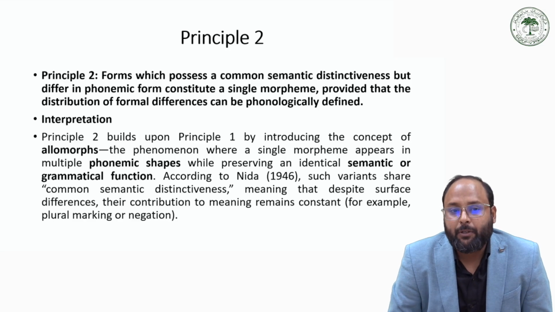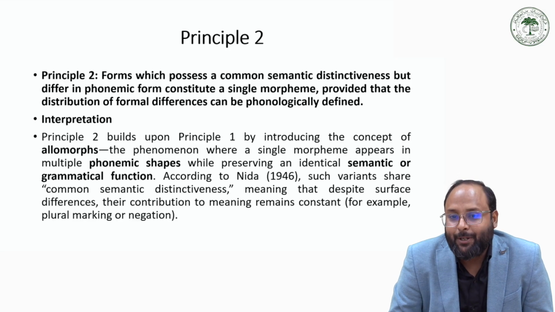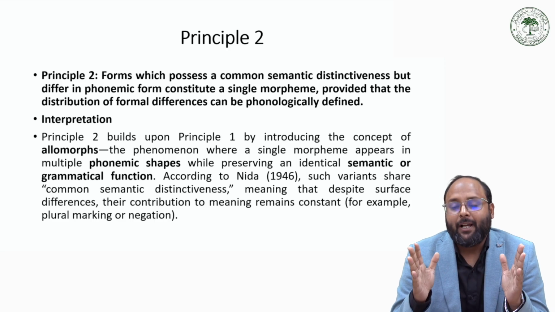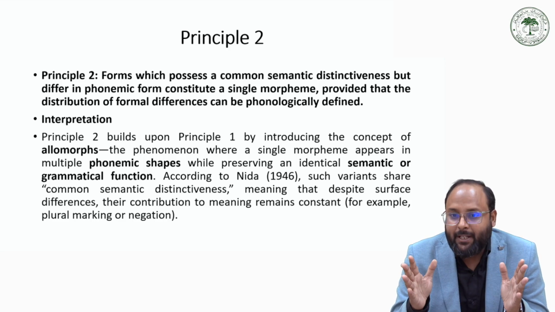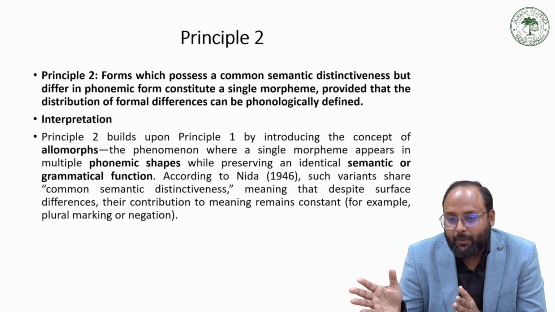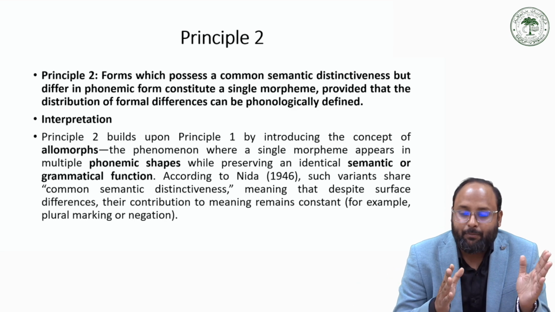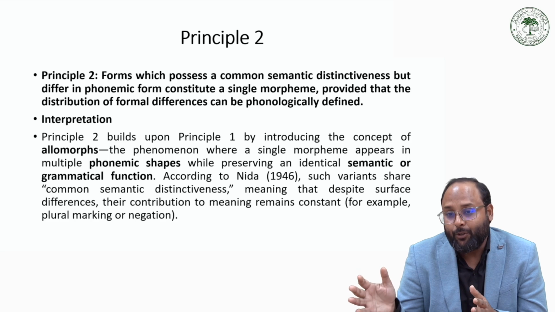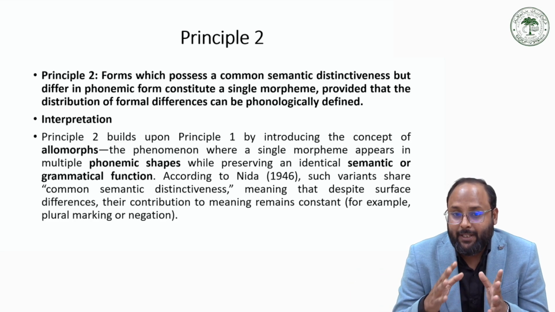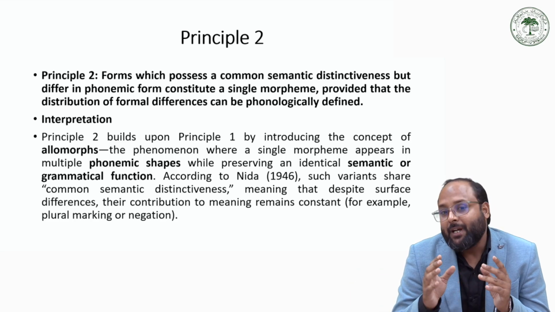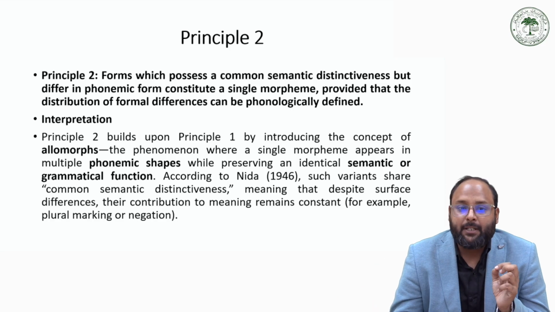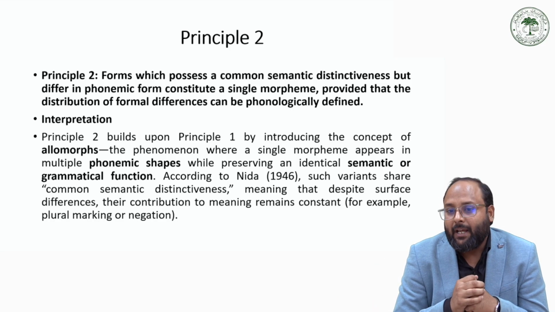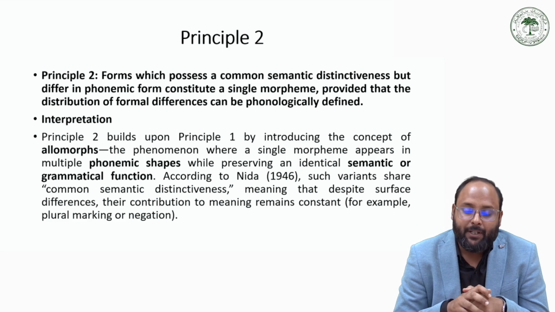So principle 2 builds upon principle 1 by introducing the concept of allomorphs. In principle 1 we have the same meaning in all their occurrences and the same form, so that is one morpheme. But here the meaning is the same while the form might be different due to the phonological condition. So that is also one morpheme. This is the phenomenon where a single morpheme appears in multiple phonemic shapes while preserving an identical semantic or grammatical function,